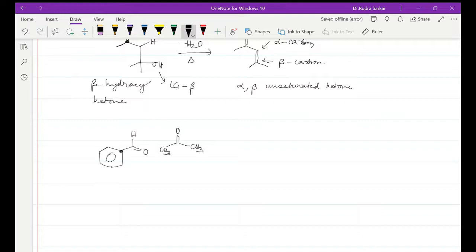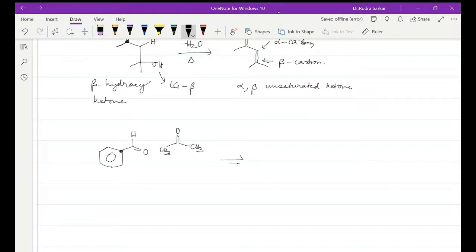Aldehydes are more reactive than ketones, so over here the enolate of the ketone, which is having the alpha carbons, alpha H protons, will be making a nucleophilic attack at the benzaldehyde, okay, and once that happens,